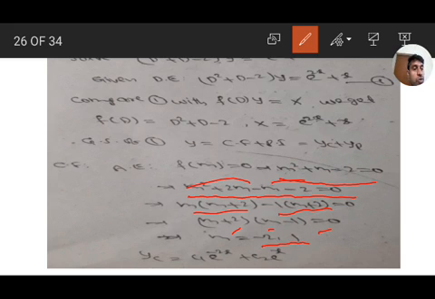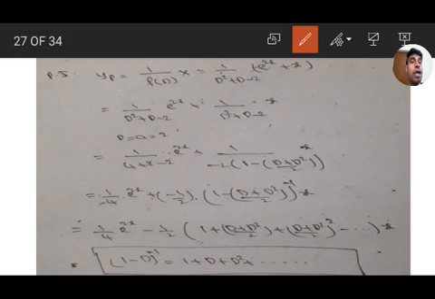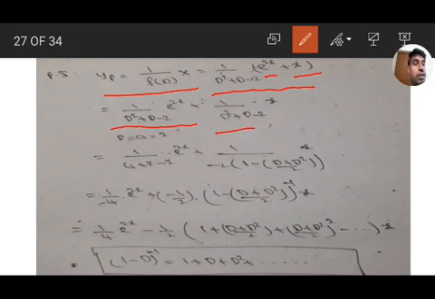So for the general solution, the roots are real and different: c1 e to the power of m1x plus c2 e to the power of m2x. That is the complementary function: c1 e to the power of minus 2x plus c2 e to the power of x. Next, the particular integral: yp equal to 1 by f of D, 1 by D square plus D minus 2 of e to the power of 2x plus x. Separate e to the power of 2x and x: 1 by D square plus D minus 2 of e to the power of 2x, and 1 by D square plus D minus 2 of x.